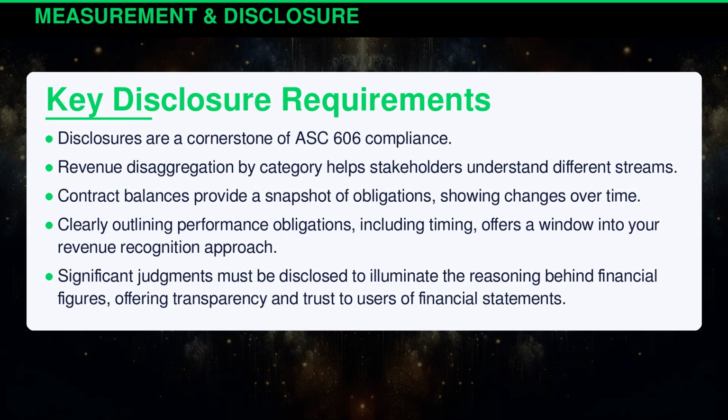Disclosures are a cornerstone of ASC 606 compliance. Revenue disaggregation by category helps stakeholders understand different streams. Contract balances provide a snapshot of obligations, showing changes over time. Clearly outlining performance obligations, including timing, offers a window into your revenue recognition approach. Significant judgments must be disclosed to illuminate the reasoning behind financial figures, offering transparency and trust to users of financial